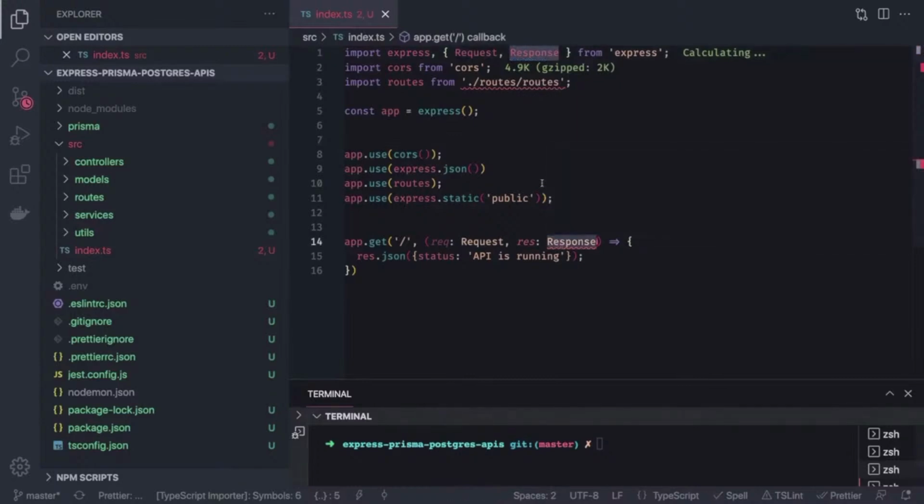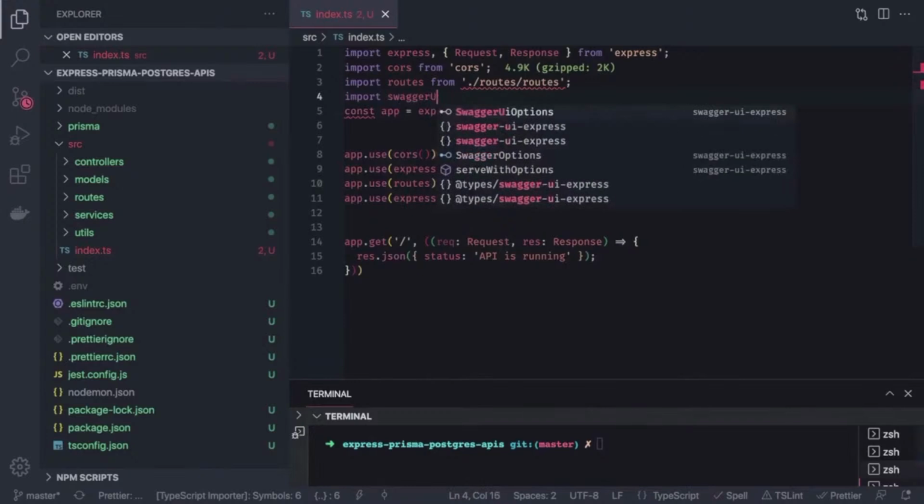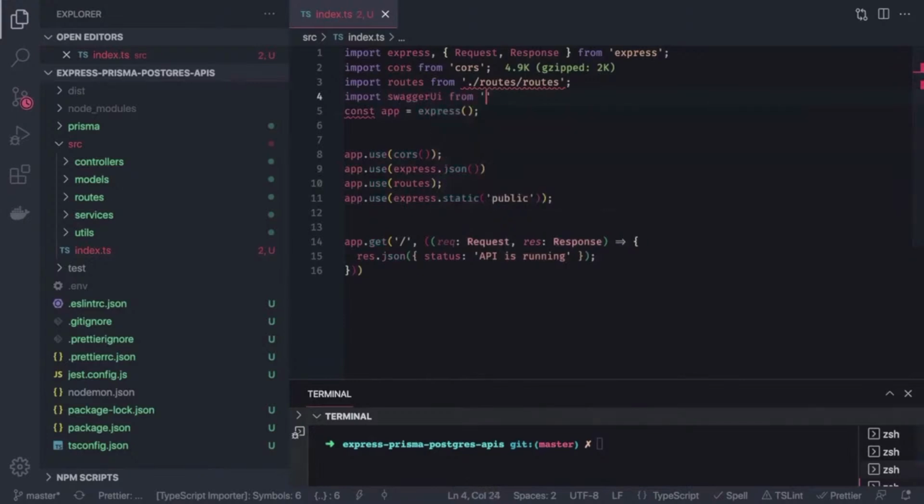Okay, this is a callback. So simple, we have created the Express app here, closing this and that, and we have to listen to a particular port. We can also use Swagger UI. I mean, that depends on us. If you wanted to write a Swagger YML, Swagger UI from swagger-ui-express,